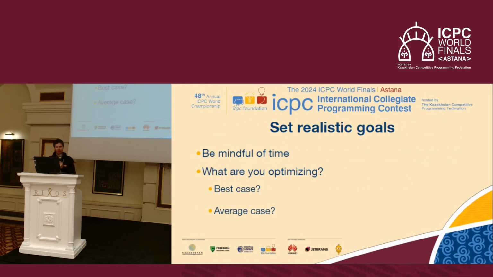So, set realistic goals. I think that is interesting for me. I guess it's mostly about the last hour or so, the end of the contest. Basically, you need to know how much time you have left. At some point, you might need to give up some problems because you don't have time to implement them, for example, or think about them. And also, you need to answer the question of what you're trying to achieve, because sometimes you can be ambitious and try to solve 3 problems in the last hour, or maybe even more, who knows. But maybe sometimes it's better to focus on just 1 or 2 and have a better chance to actually get them.